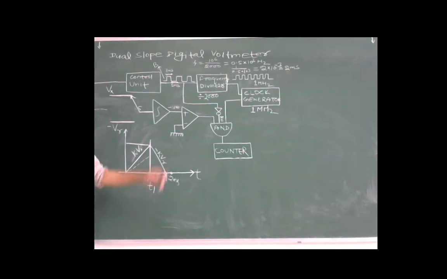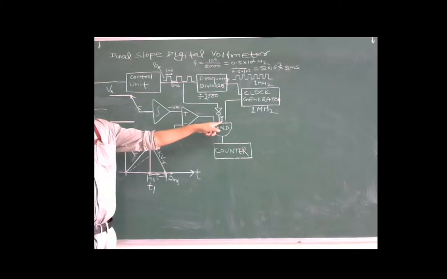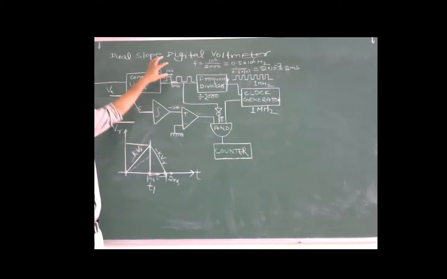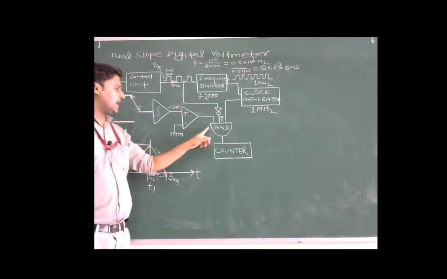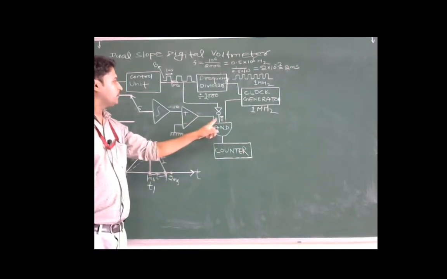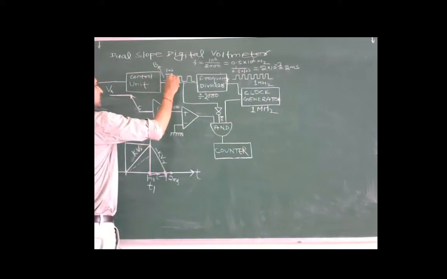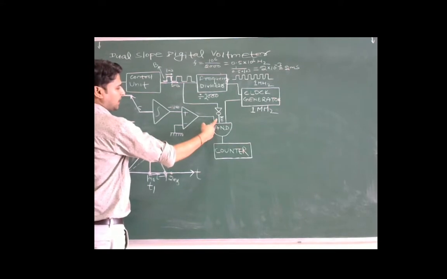It means that when this clock signal is high, in this period, this B bar becomes low, because it is connected through a NOT gate. When this signal is high, this switch will be connected to Vx, and this AND gate will stop the counter, because one input of this AND gate is 0. When this signal is 1, this input of the AND gate becomes low and it will stop the counter.